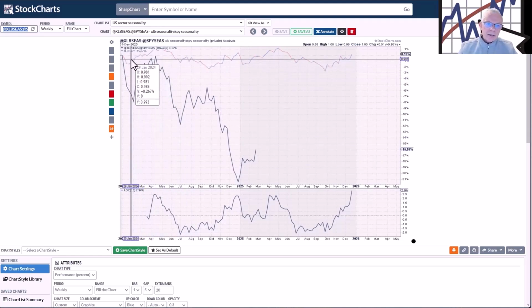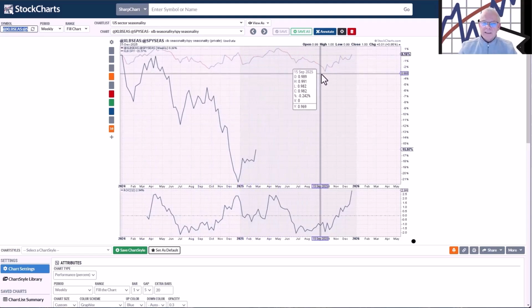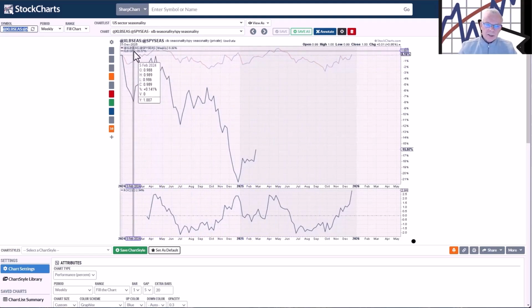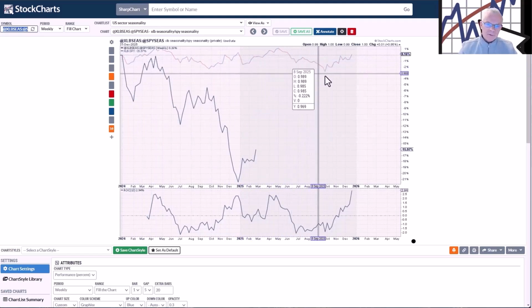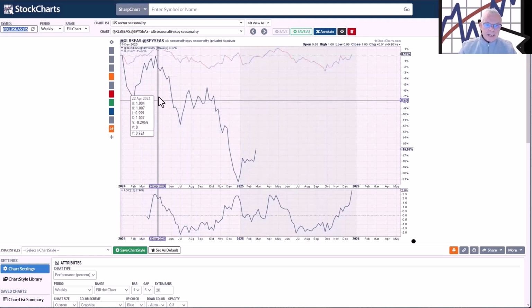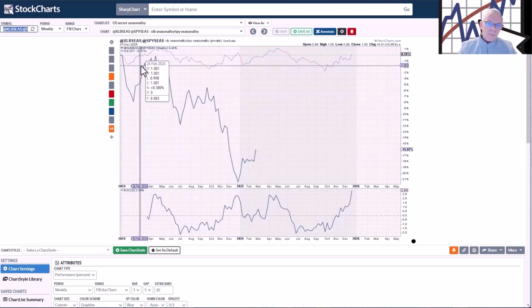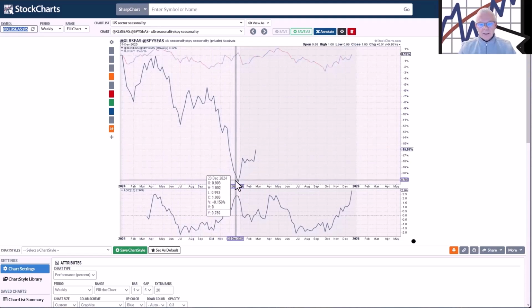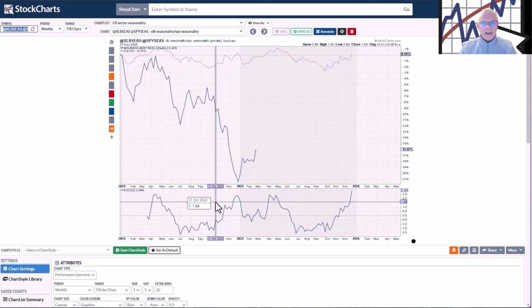So here is the seasonal relative of materials versus SPY. So the seasonality of materials versus the seasonality of SPY. This gives you the average movement. This is reality, and here you can see a very good example of how big the difference in those moves can be. And to get to the detrended part of it, where you will get a better handle on where